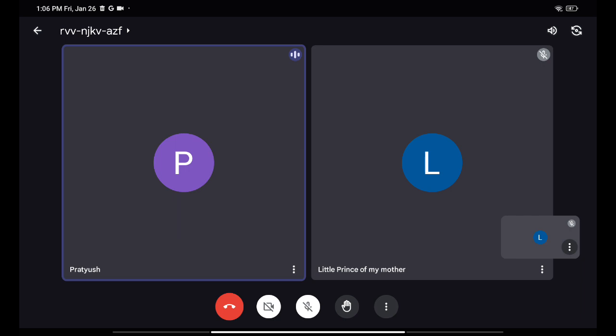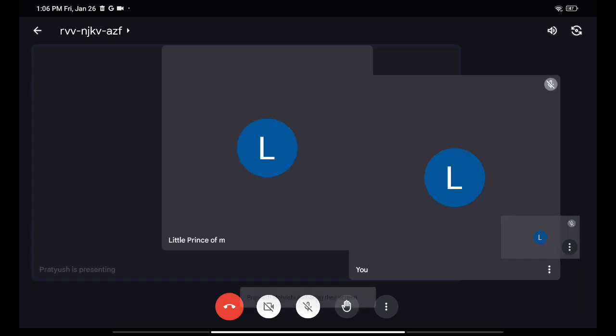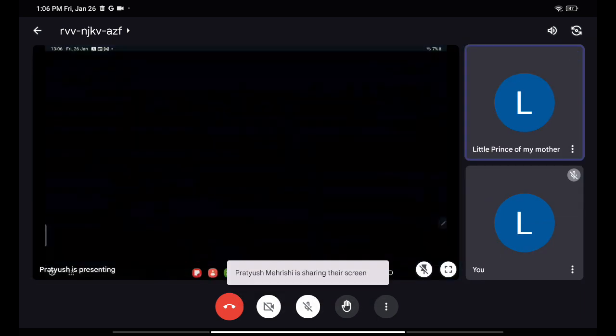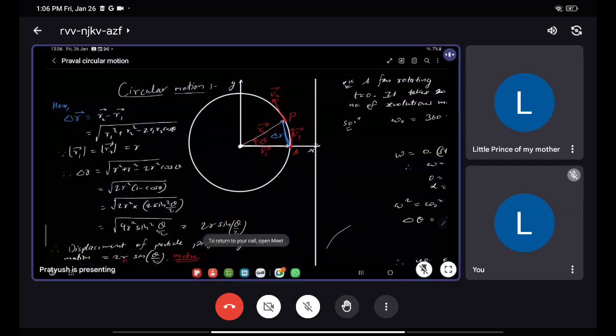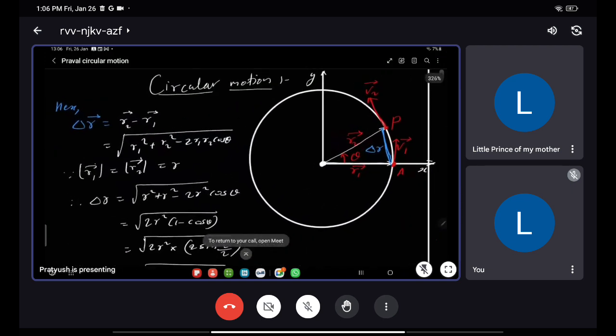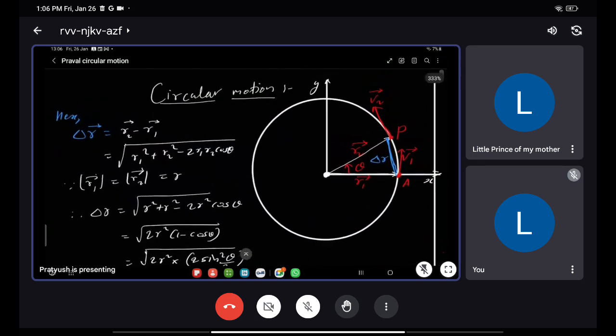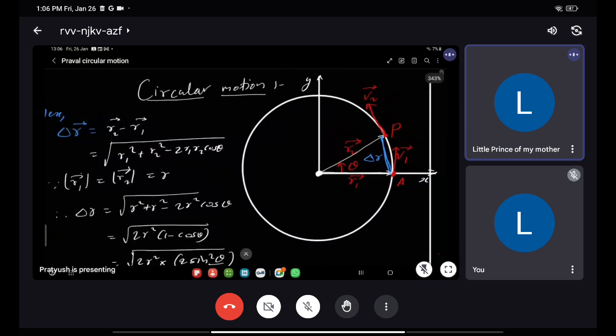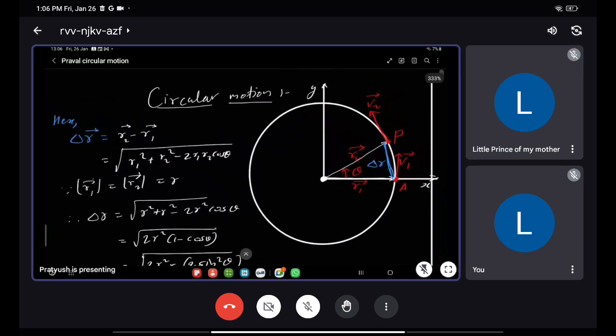Yes, Hemant, I have sent you the file via WhatsApp, okay? Please check if you got it. I got it. Is the screen visible? Yes, sir, the screen is visible. Okay, now,